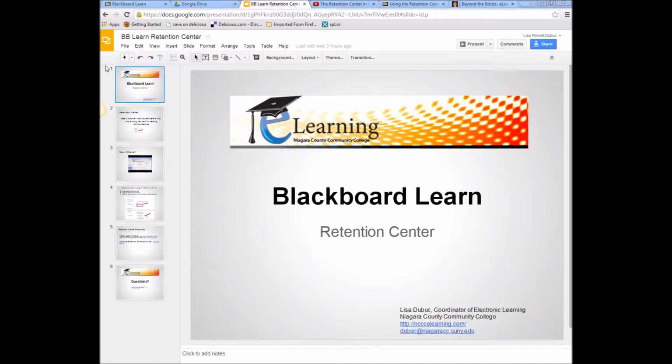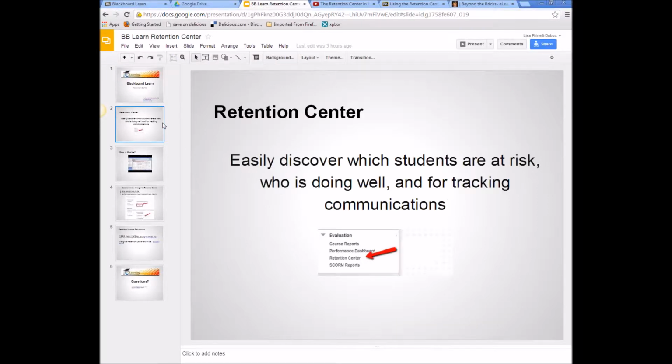We're going to do a little bit on the Retention Center. The Retention Center is a tool that is built into the navigation menu on the left side of Blackboard Learn, and it is under Evaluation. It's automatically on. You don't really have to do anything to set it up, but there are choices you can